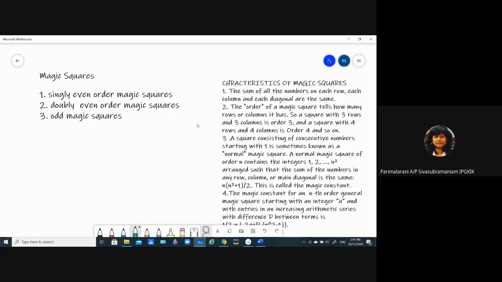So this square has special characteristics. Okay, so let's look at what are the characteristics of this magic square. Okay, number one, the sum of all the numbers on each row, each column, and each diagonal are the same. Okay, so if you have a magic square like this,